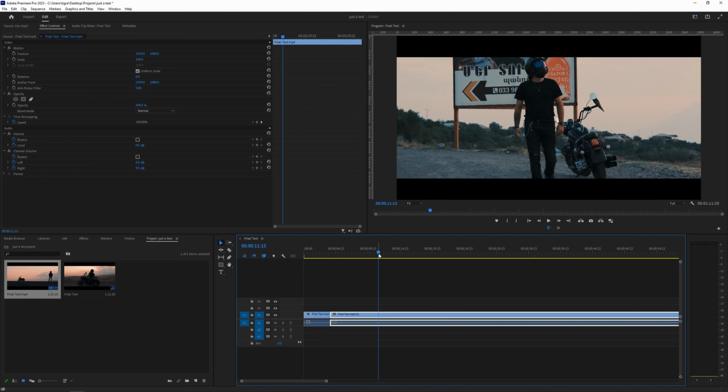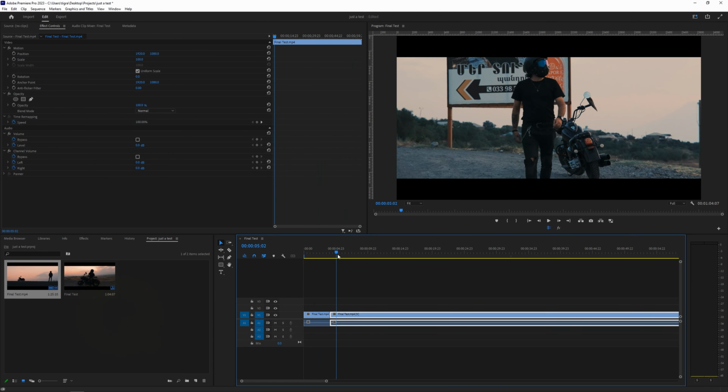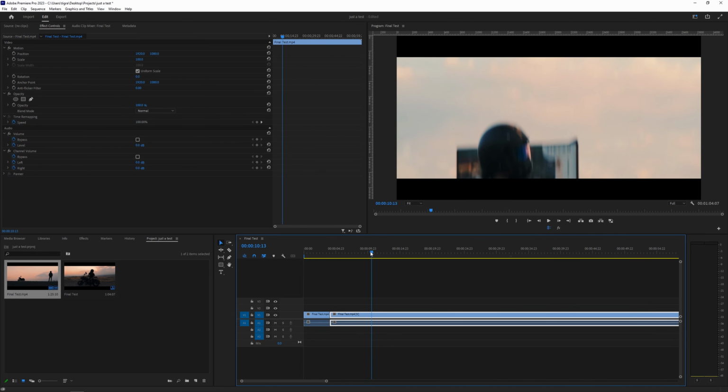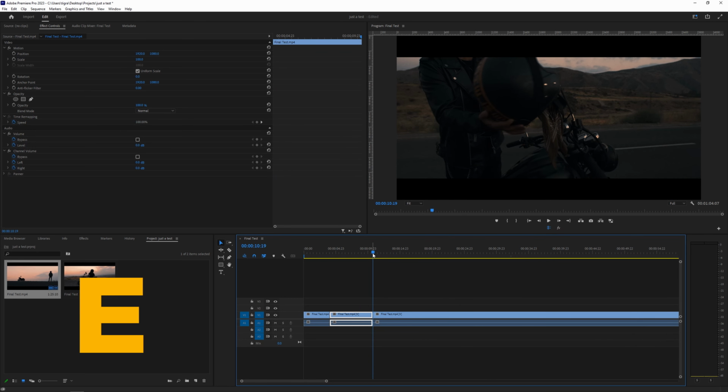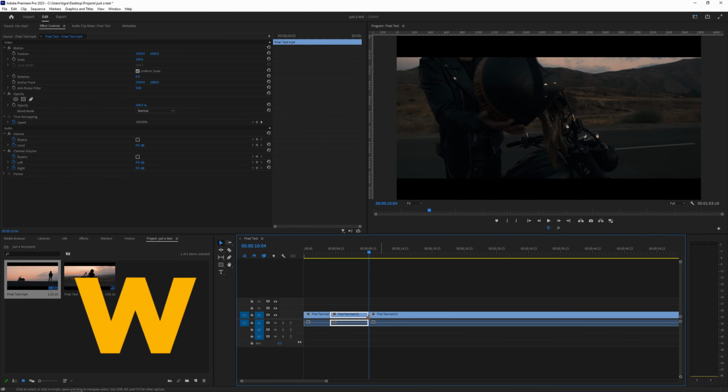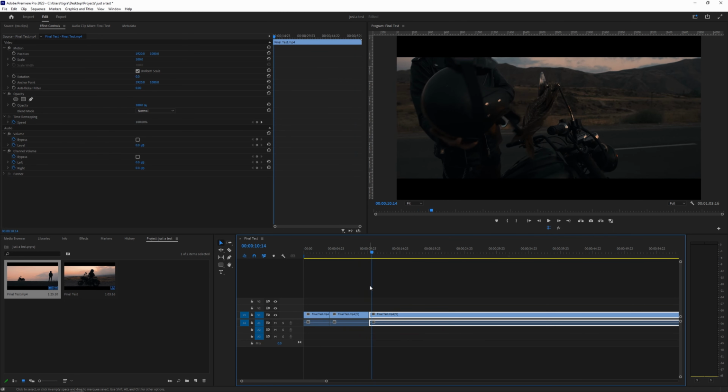So I want to make another cut. So what I can do is I can just press Q again and it will delete everything to the left of the playhead for this specific clip. So Q, and basically the part with the helmet removed, it's gone. What I want to do next, so I don't like this part, this panning part here, and what I can do is I can make a cut here, I can go back and I can press W. So everything to the right of the playhead will be removed, and you can see there is no panning here.